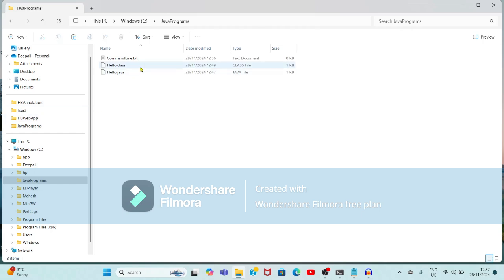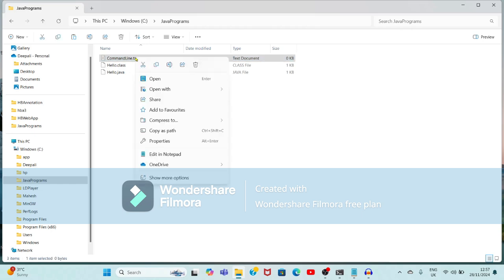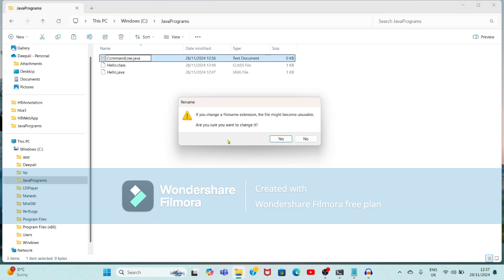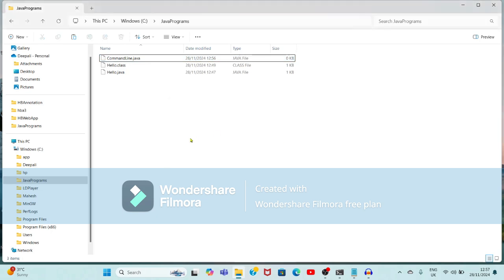Now I want to type a Java program, means the extension should be .java. For that purpose, I will change the extension. Instead of .txt, I will give command line .java as the name of this file. Just click on the yes button.